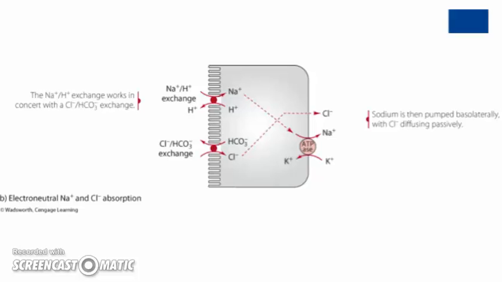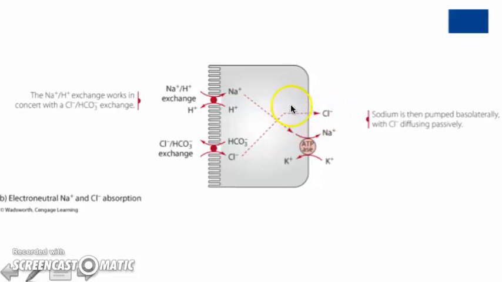So we see in this diagram that we saw previously for sodium, in this electroneutral sodium and chloride process of absorption, we see here that with the absorption of sodium, and this is a sodium hydrogen ion exchange, we also have the uptake of chloride through the brush border of the enterocyte, and as chloride enters, we see that bicarbonate will exit the cell. We see that movement from the enterocyte through the basolateral membrane into circulation is a passive